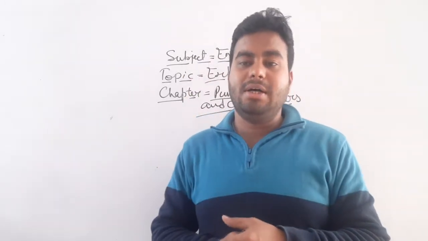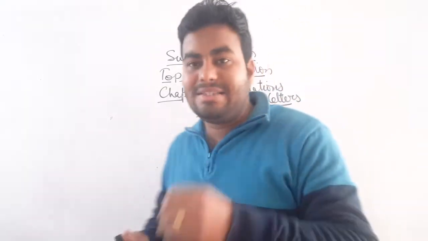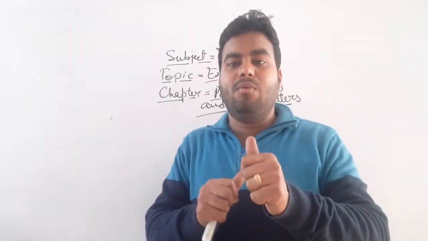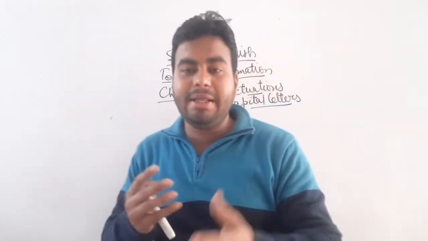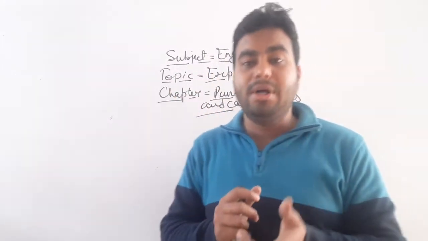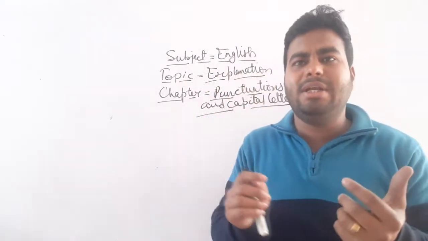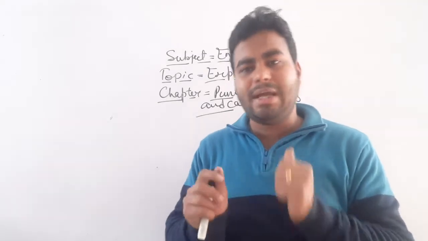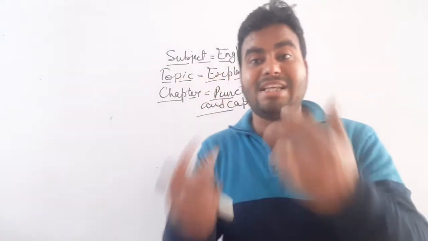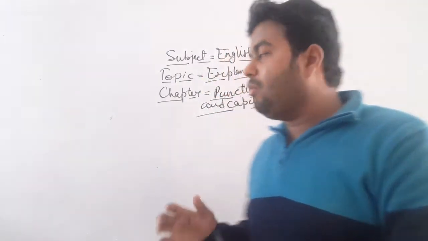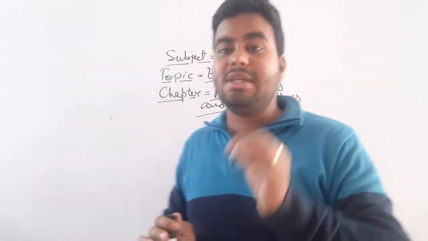according to different situations. So basically punctuations are a few signs, or we can say symbols, used to express whatever we are trying to write. Because when we are talking, when we are communicating, we can express everything by our words. Where I want to give a bit of emphasis, where I am just saying something casually, I can just modulate my voice. But whenever you are writing, how do you make your writing impressive and expressive? That's what we can do by punctuations. Okay, so now the first punctuation is a full stop.